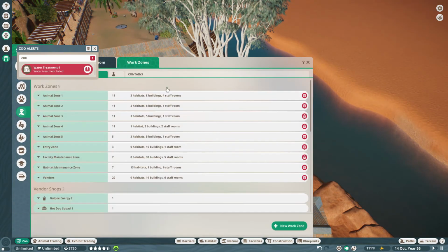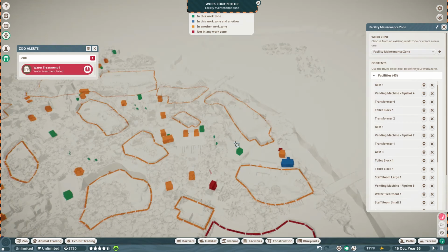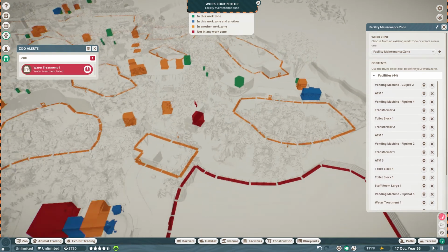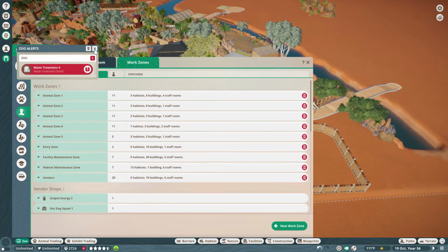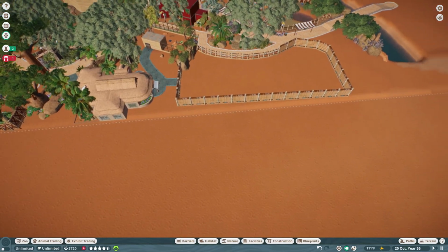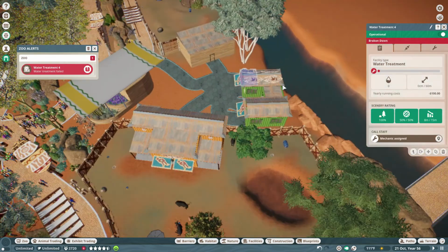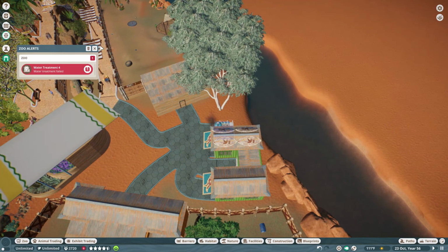Hello. Work zone, facilities maintenance. Yes, thank you. Zoom away from where I wanted it in the first place. All right. Okay. Oh yeah, and I forgot to actually call the mechanic to fix it. So